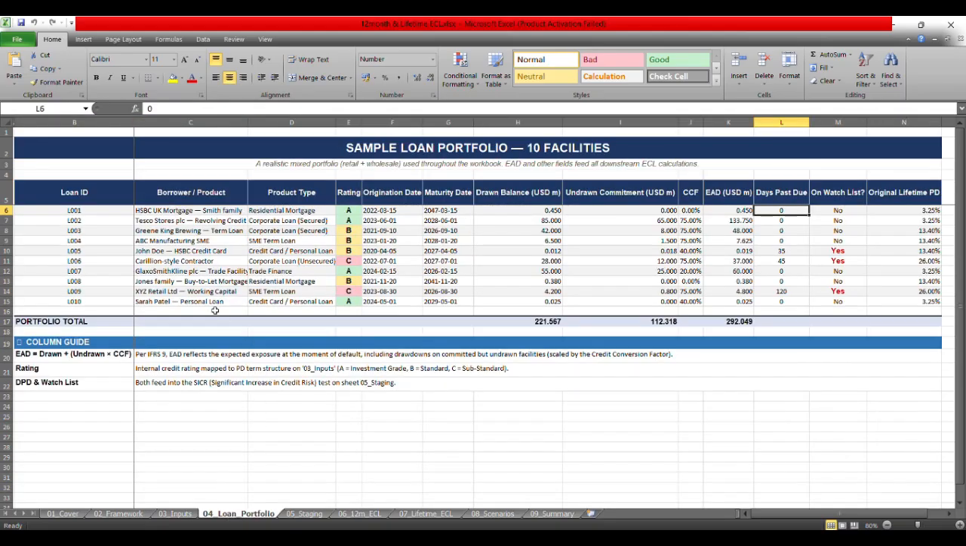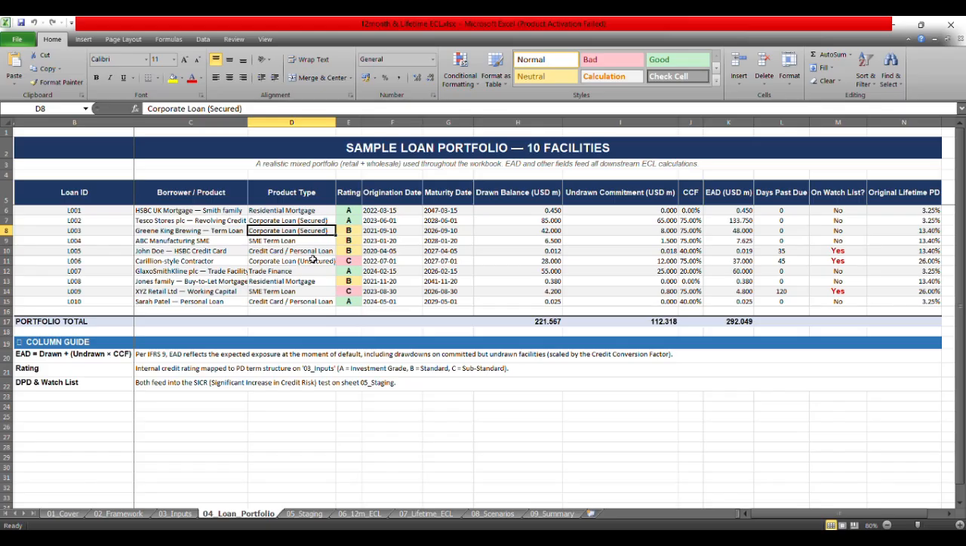Now let's understand the portfolio of our borrowers. A realistic mixed portfolio, a small portfolio of 10 loans, a mixture of retail and wholesale, and this is used throughout the workbook. This is to understand the concept of the 12-month and the lifetime ECL. In this portfolio, 2 are residential, 3 are corporate, and 2 are SME